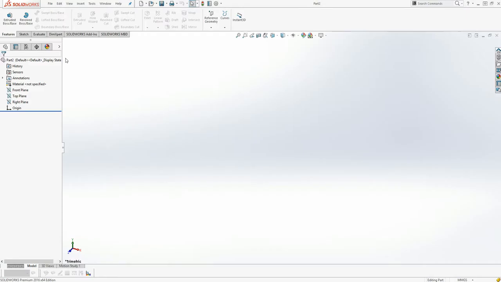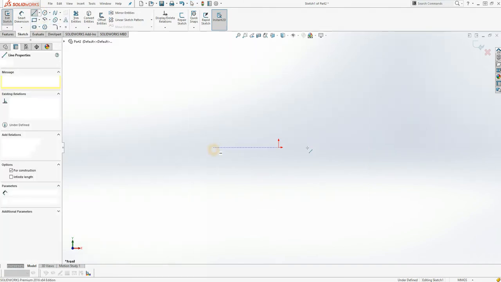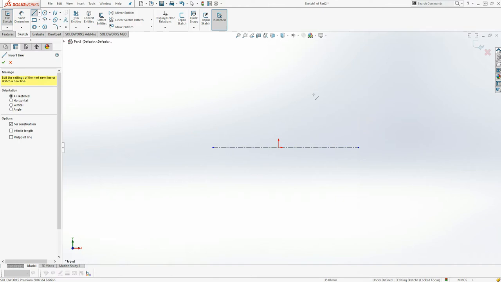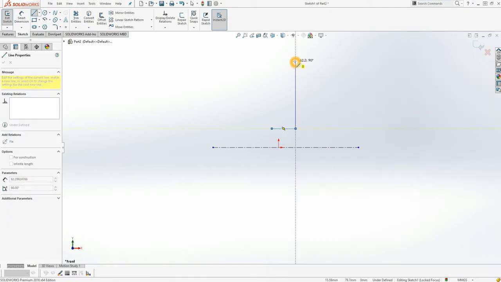So let's go to SolidWorks and I'll select the front plane and I'll create an axis over here which I can use afterwards to revolve the part, and then I'll click on line and I'll create this drawing which is half of the section of the part. The outer dia,